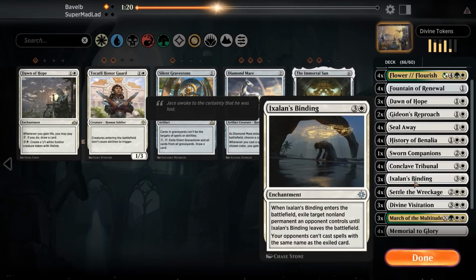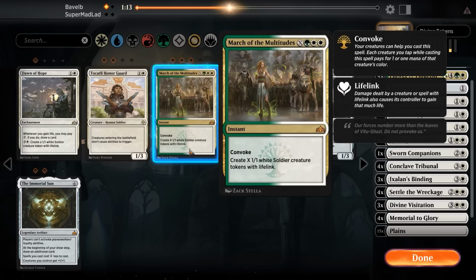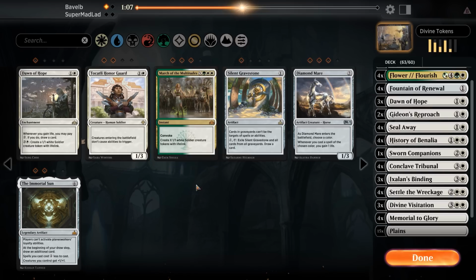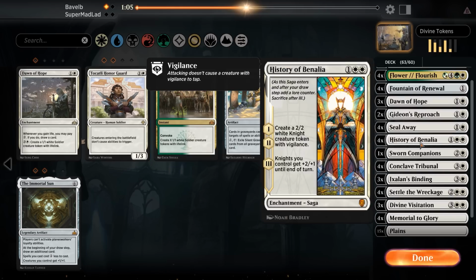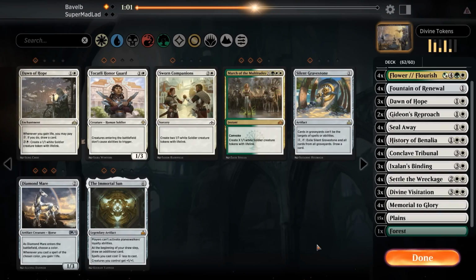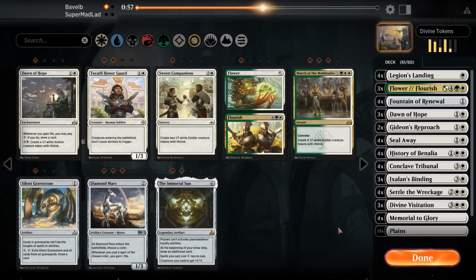As far as things to cut, I think I'm going to go down the March of the Multitudes. What I'm thinking is that our opponent runs Disdainful Strokes and Spell Pierces, so I'm not going to be able to get the full value out of this March. And honestly, Dawn of Hope and History of Benalia should cover it just fine. Let's get rid of the Sworn Companions. And 2 more cards. 1 Flower Flourish. And...